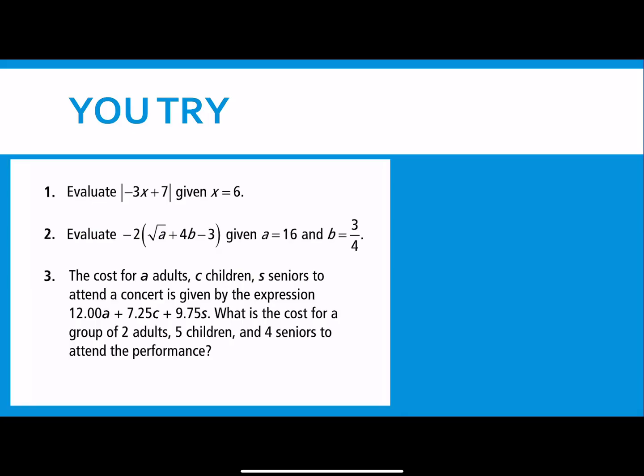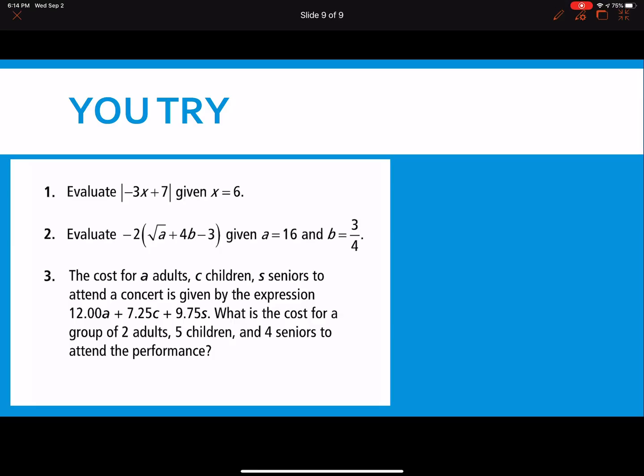Okay, number 1 says evaluate the absolute value of negative 3x plus 7 given x equals 6. So we are going to take x equals 6 and we're going to substitute that inside of our absolute value. So I have the absolute value of -3, I'm going to substitute, sorry, that's supposed to be a parentheses, 6 in place of x plus 7, and then